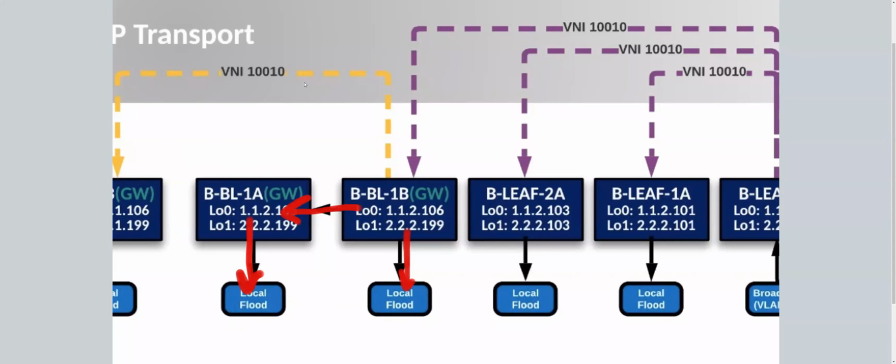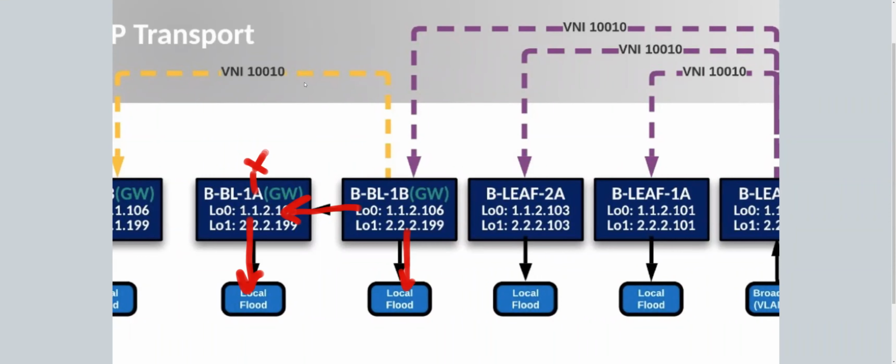So we'll flood it out the front panel interfaces, but what will not happen is this will not take that broadcast frame and go, hey, let me send it right back out to everyone, either remote or local. That does not happen. So up here, nope, it's not going anywhere. All right, so this is just a loop prevention check that enables us to have single homed hosts connected on